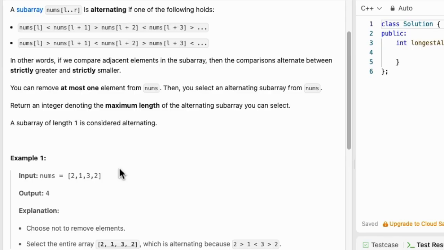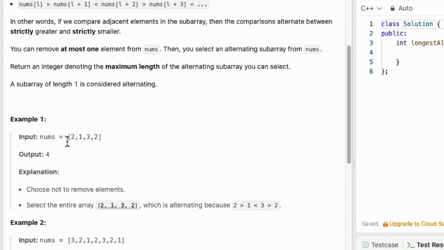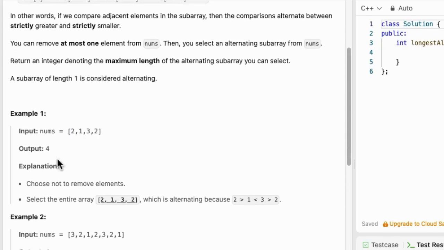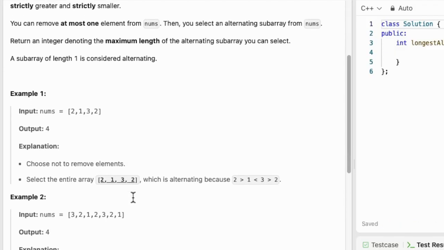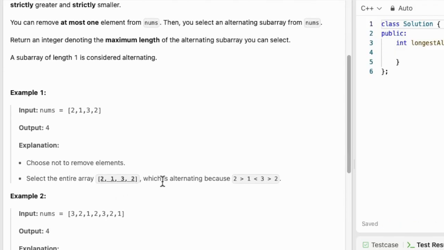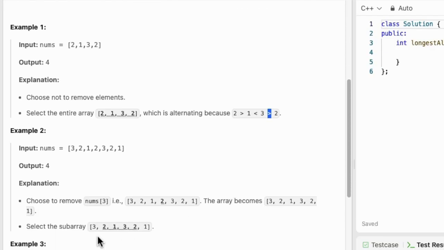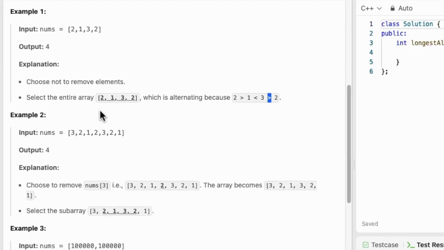So let's take a look at this example. The first one is 2, 1, 3, 2. It should return 4 because the entire array is alternating, because we can choose to first start using the greater symbol, and then the second one is smaller, and then the third one is greater. And then example 2 is like this,